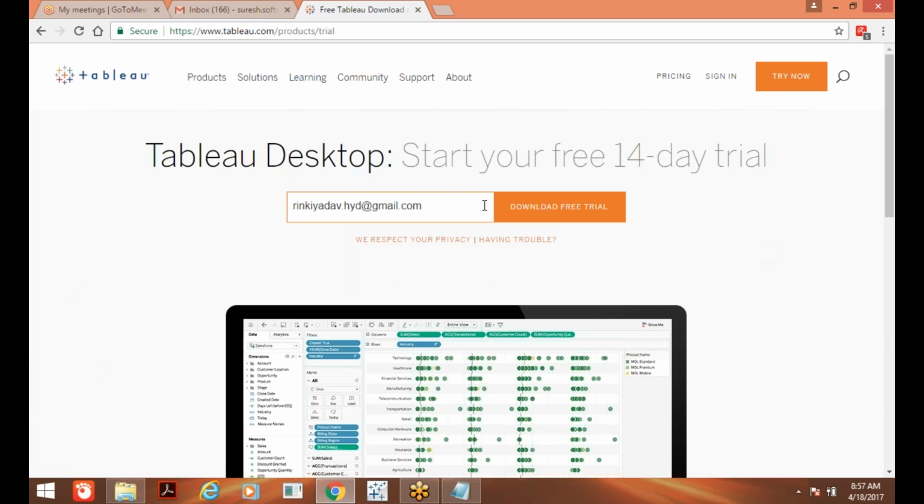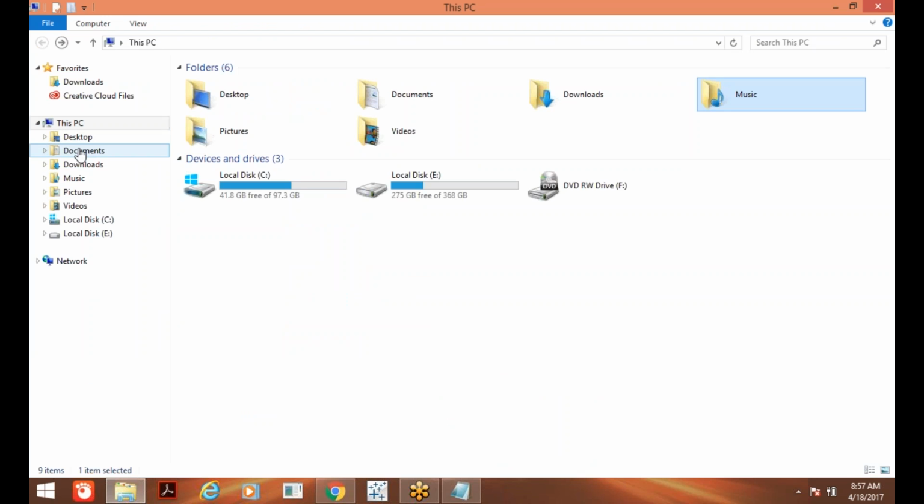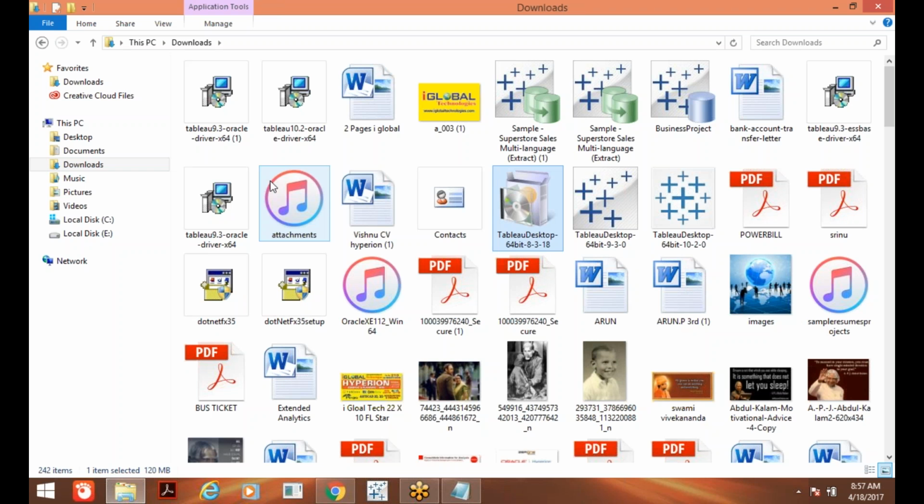Just enter your mail ID and click on download free trial so that you will get one application file that will be around 250 MB or 300 MB, I think so. So after downloading, you will get it like this. Yes, here. Tableau desktop executable file you will get.